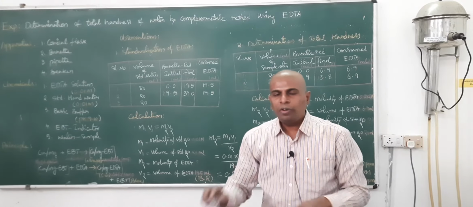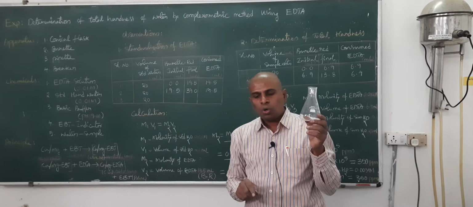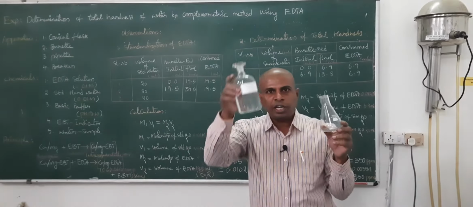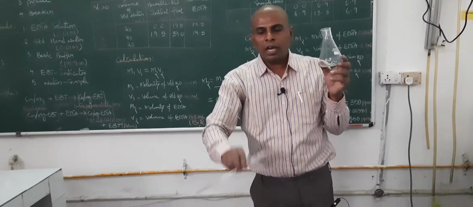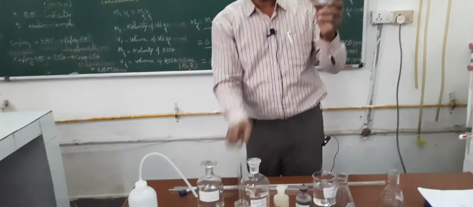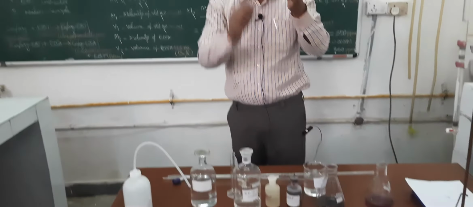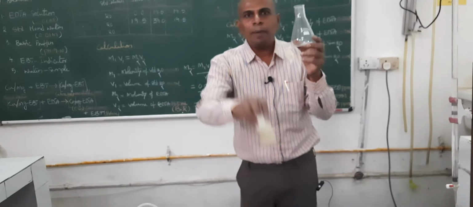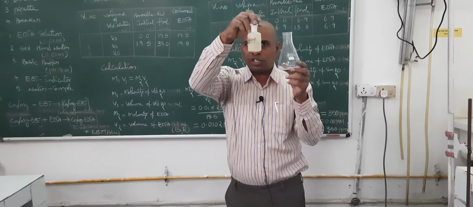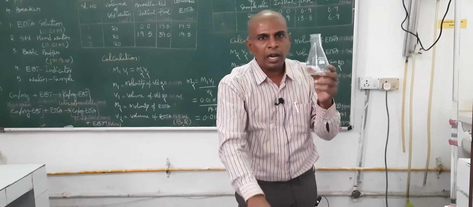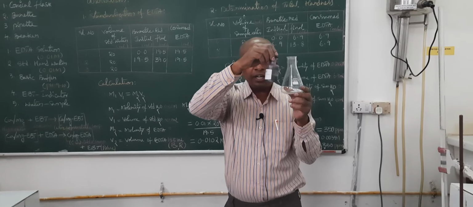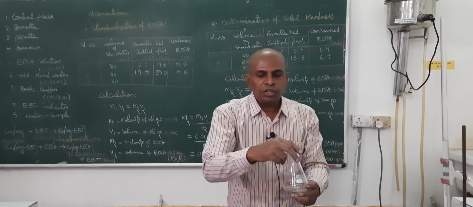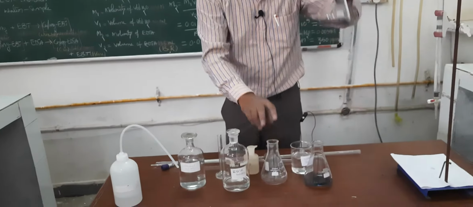Very simple. We take a conical flask. In this conical flask, we pipette out 20 ml of standard hard water using a 20 ml pipette. To this, we add 5 ml of basic buffer for the formation of the complex, and also 2 to 3 drops of EBT indicator. Whenever you add these three chemicals, it turns wine red